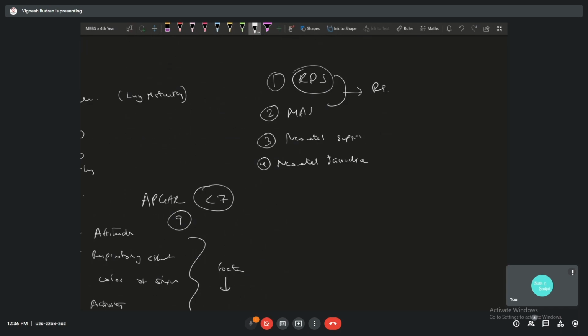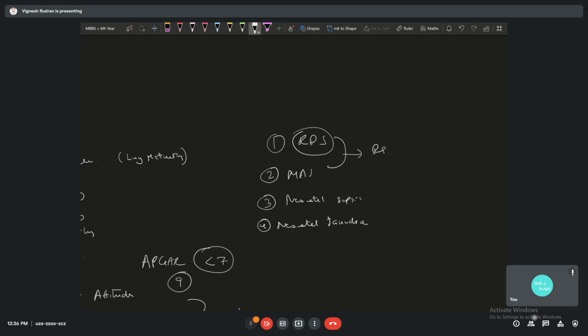So here you have a problem with your surfactant production. Surfactant is required to maintain the surface tension of the alveoli, and the compound here is dipalmitoyl phosphatidyl choline. So there's a defect in this, and that leads to respiratory distress. How this presents is breathing difficulty, and eventually you will go into cyanosis, hypoxia, all of those, and then the baby will eventually die. So you have neonatal resuscitation